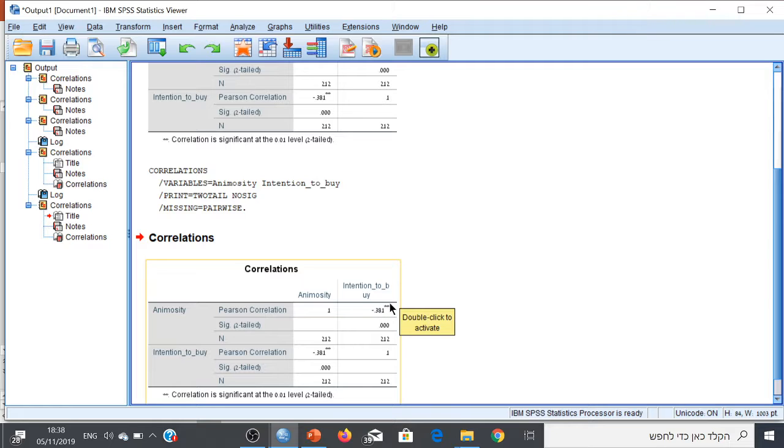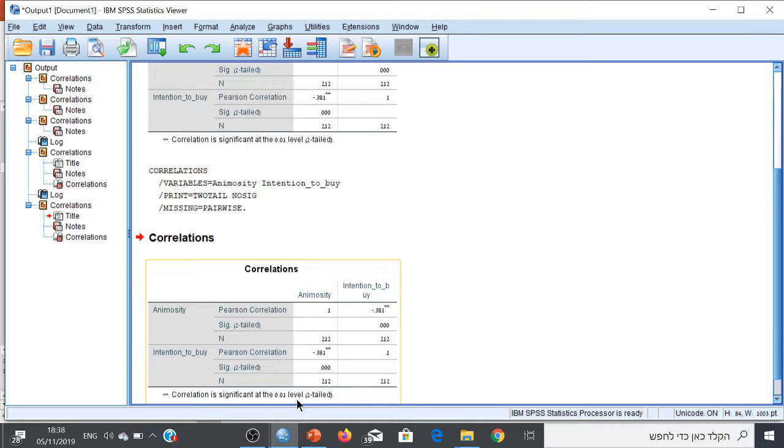And we can see that there are two asterisks after the correlation coefficient. And if we look down here, we can see that it means that the correlation is significant at the 0.01 level. So that's good. And the null hypothesis in the correlation analysis is that there is no significant relationship between